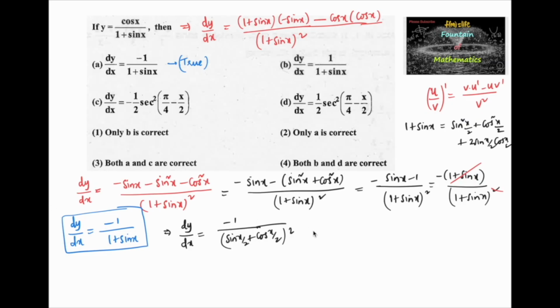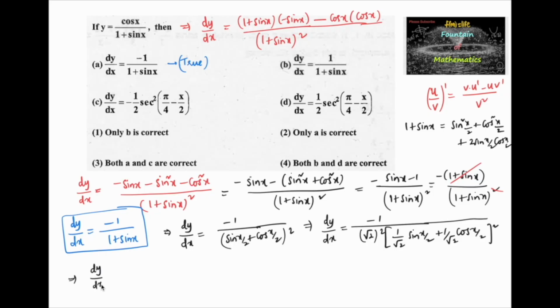And let us multiply and divide with root 2 inside the brackets. So we can write dy by dx is equal to minus 1 upon root 2 whole square taken outside common. So we can write 1 by root 2 sin x by 2 plus 1 by root 2 cos x by 2 whole square,